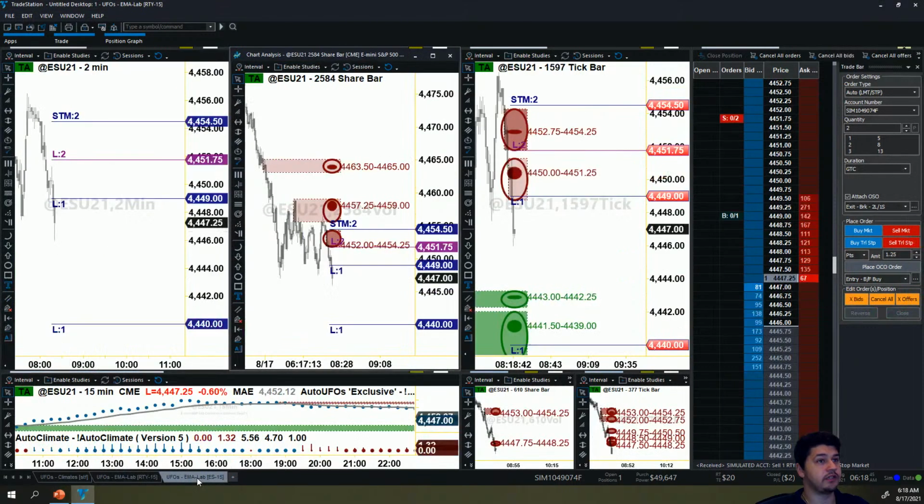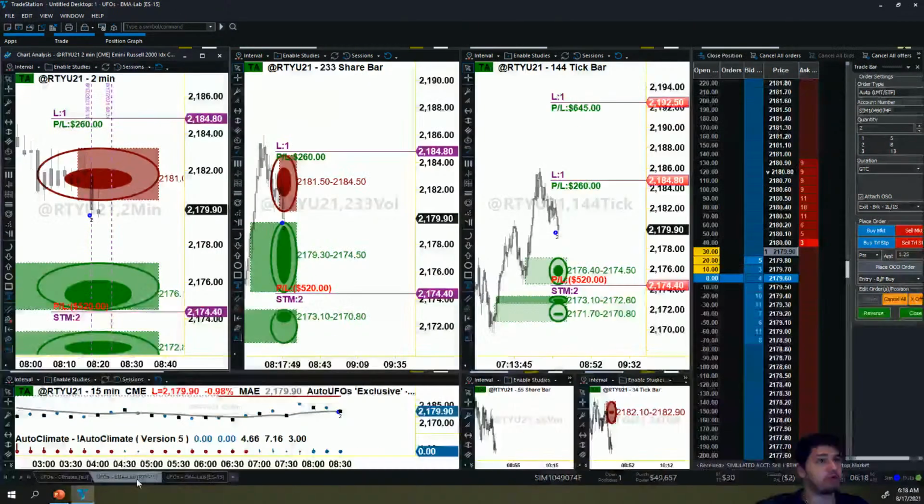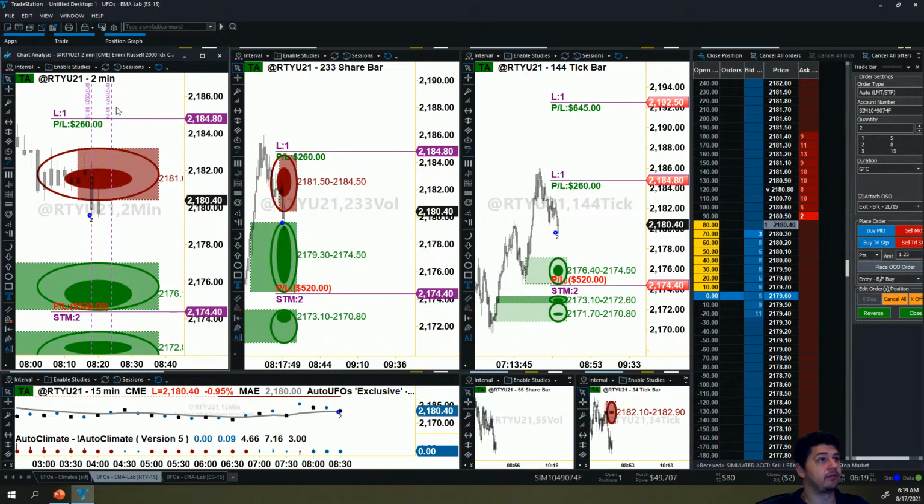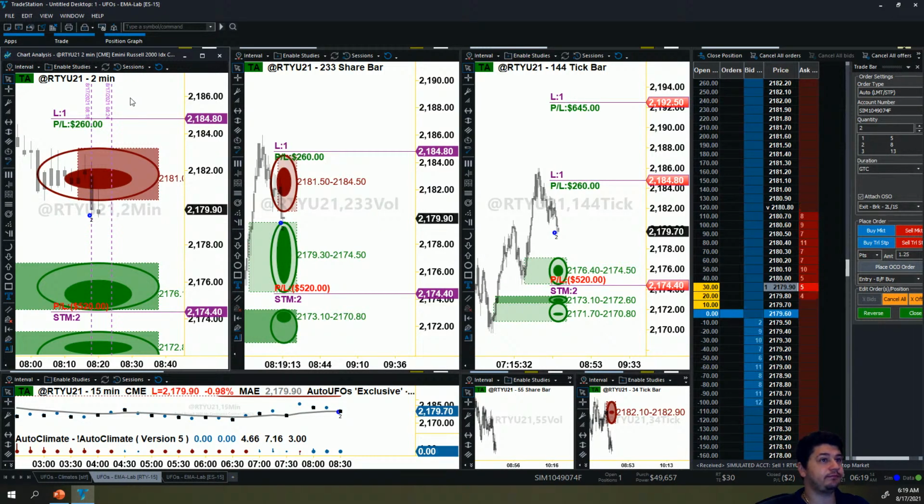All right, now how's the ES doing? Now remember something that needs to be said right here. Okay, so the ES is pushing lower, which is really nice to see. However, we did not get on board on that trade. We are in the long on the RTY. We have quite a bit of room, right? Ideally speaking, like I said, I would like a test to the lower side, and then a nice strong rally up once those orders get picked up. But as of right now, we're just dancing around the entry point, which is expected.